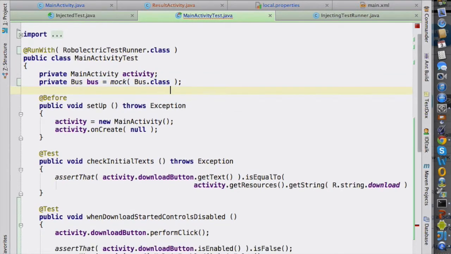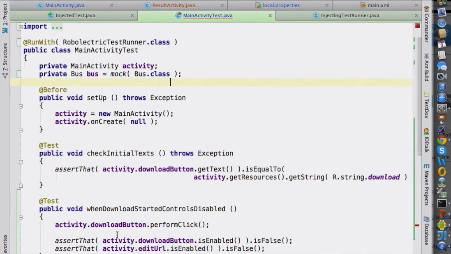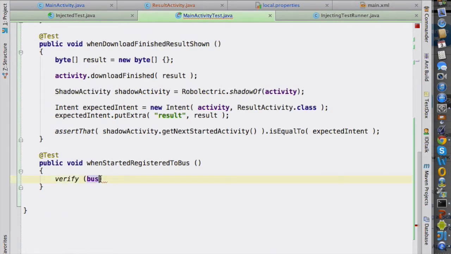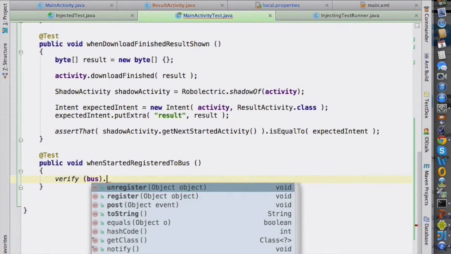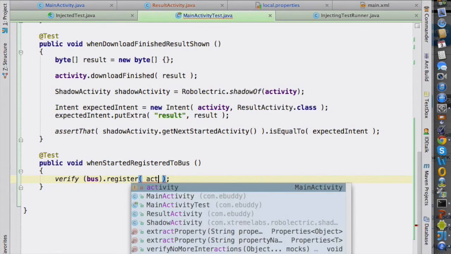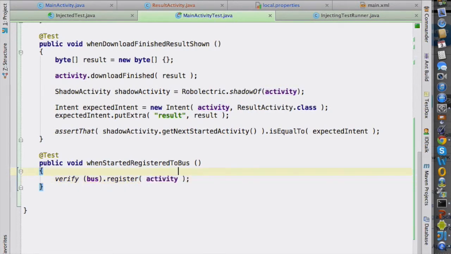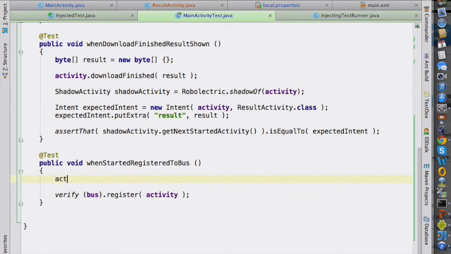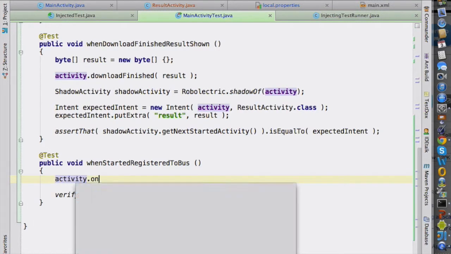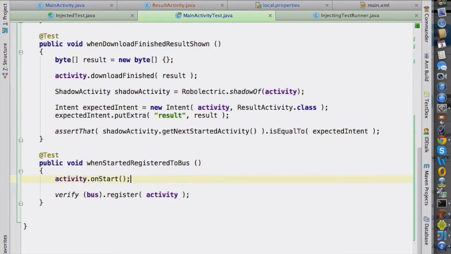and finally I want in this test verify that we call register for the activity, and it happens when activity actually will start. So small test that we actually register to the bus. When I write this one, when I run test,